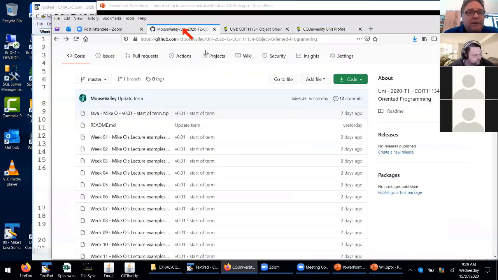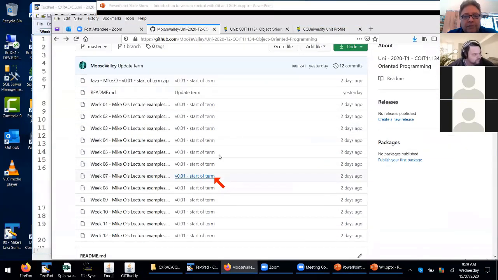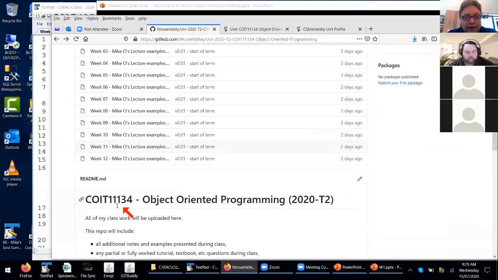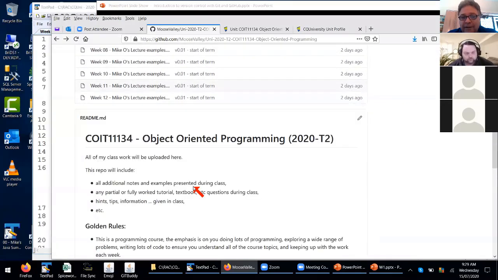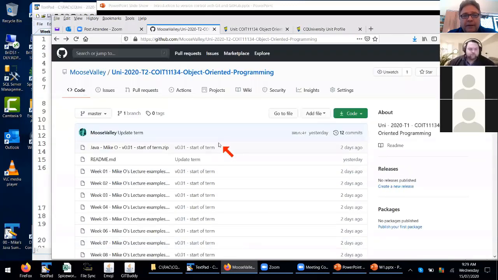Let's go back and look at one of mine. So here's all the files that are available. And if there was a fault, you can have folders as well. So there could be subfolders, and there's a zip file. That's everything at the start of term, and so on. And the README file is a special file that gets displayed down here. Okay, but if I go back one level,